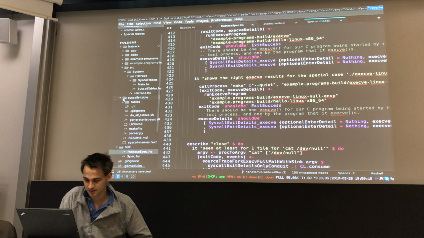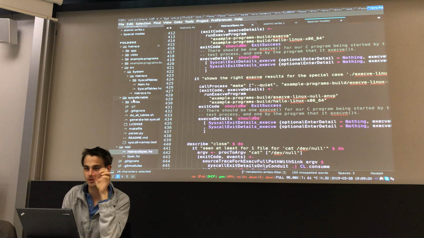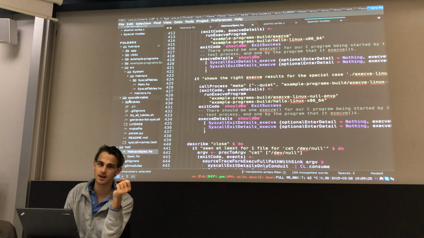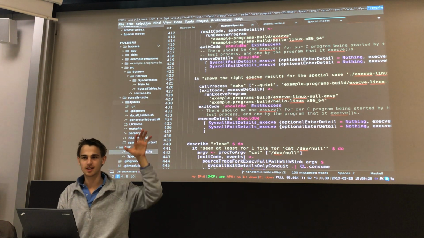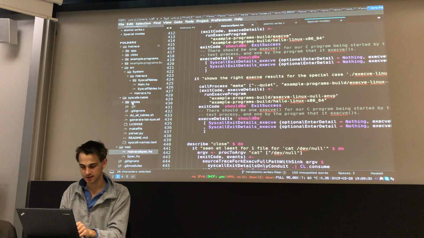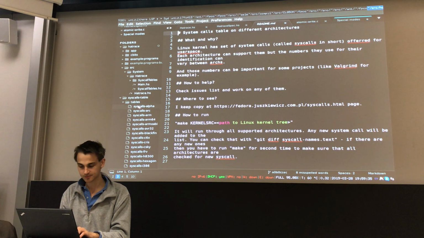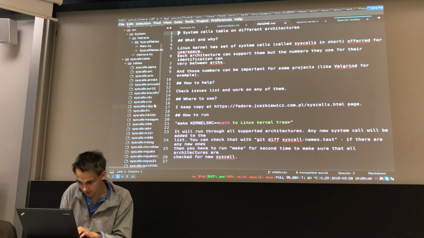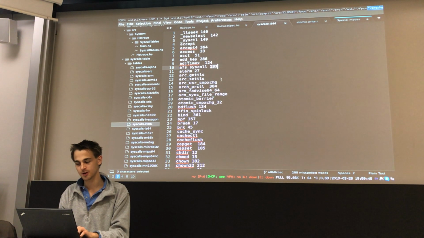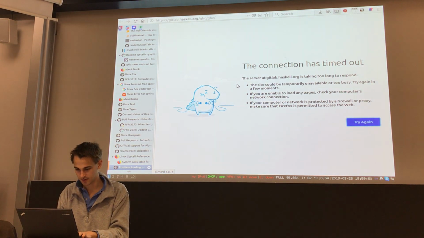This concept of reusing existing stuff is also here already. For example, for getting the syscalls for the different architectures, I didn't want to maintain this table myself. I didn't want to grab it out of the kernel headers myself. Instead, I just have a submodule of somebody else's project here, a syscall table, that I just parse with Template Haskell, which has the syscalls, for example, for i386, and you see each name and its syscall number. So reusing code is good, but the GHC GitLab doesn't load, so